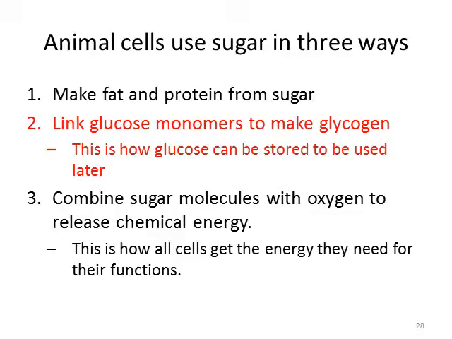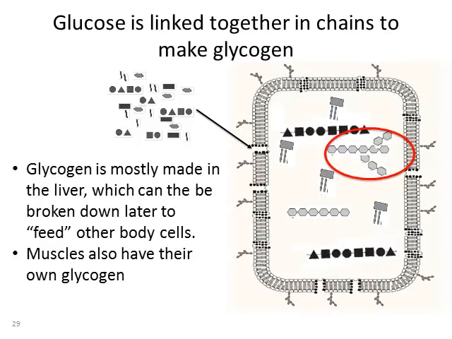On to the second way animals use sugar, to make glycogen. This is the way animals store glucose to be used later. Glycogen looks a bit like starch, only it's a branched molecule. It is primarily made in the liver for storage. When other cells need glucose, the liver sends that glucose to where it is needed for the body. Even though the liver is where the glycogen is stored,